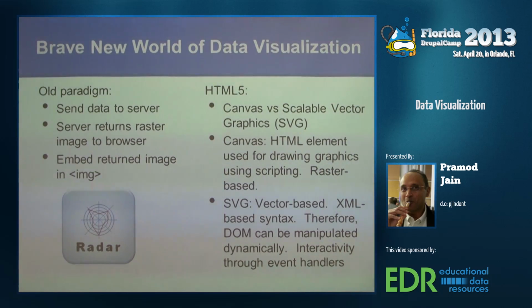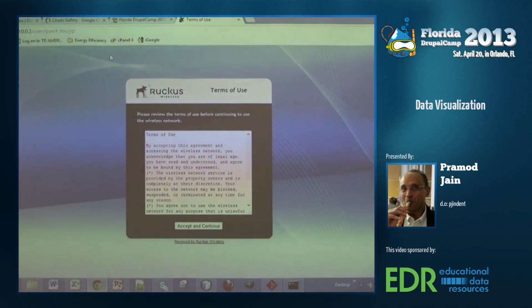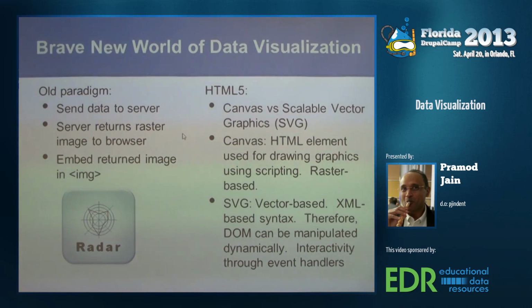Right? And I call that sort of a dead image paradigm. The image you got was not really interactive. You got what you sent back, and every time you would have to make a trip to the server to change anything. The new paradigm, obviously the latest one, is HTML5 with Canvas